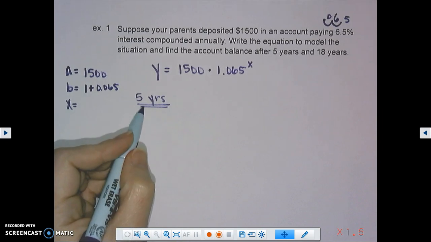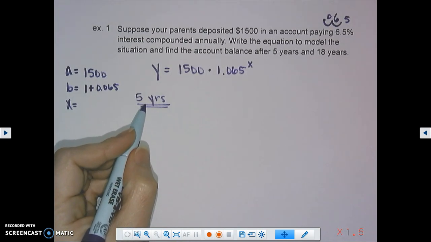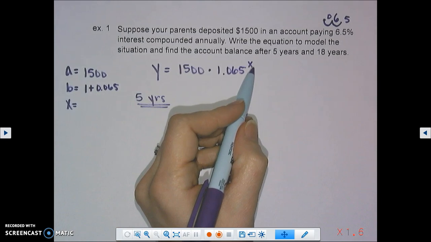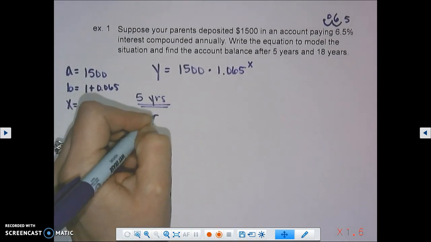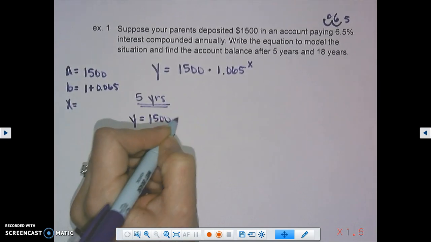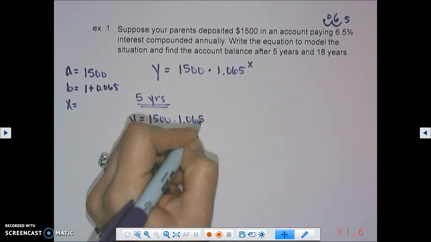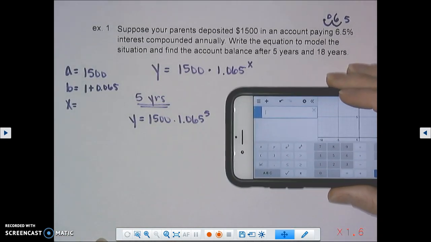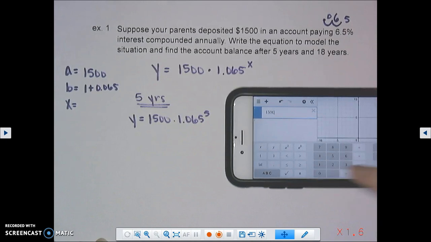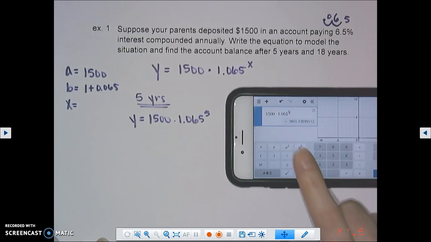Well, if we have 5 years that have passed, that means that our x value here is going to be 5 years. So we're going to plug in that x value of 5, and we're going to see what we come up with here. So we have 1,500 times 1.065 to the 5th power. And here we're getting